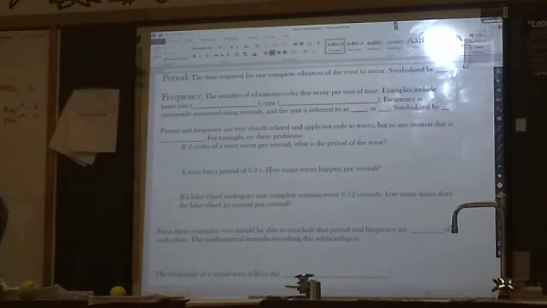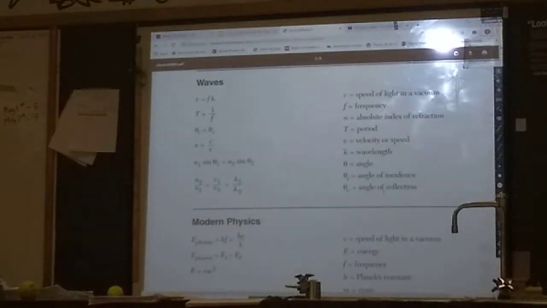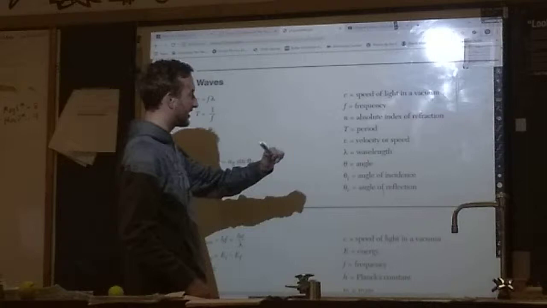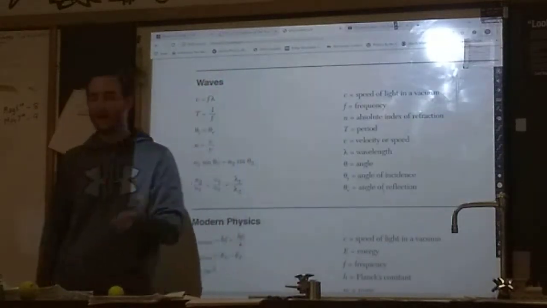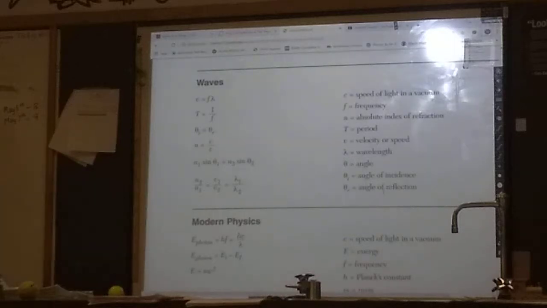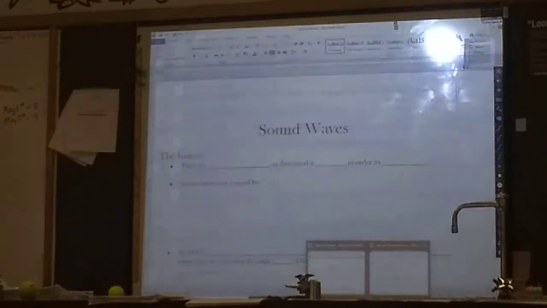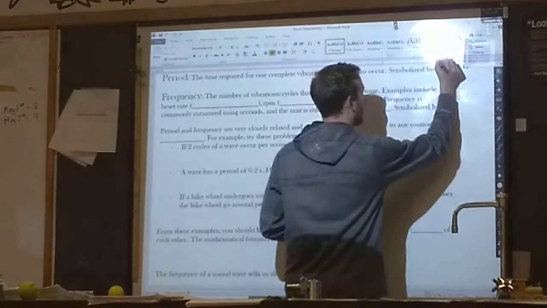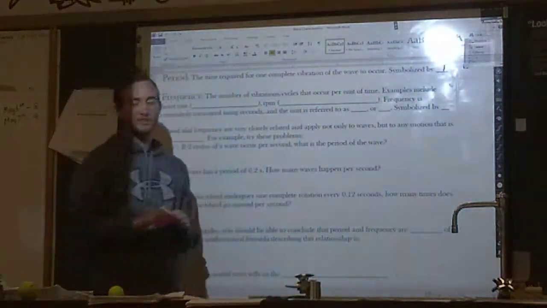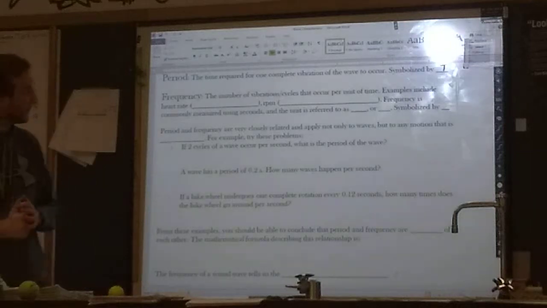On the reference tables, page 5, period is symbolized as capital T, which makes sense. Lowercase t, as you know, is time. Period is a time, just a very specific time. It's the time for something to happen once, and therefore it is symbolized with a capital T, and it's measured in seconds. The reason I'm going on so much about period is because people will get it mixed up with this next one,